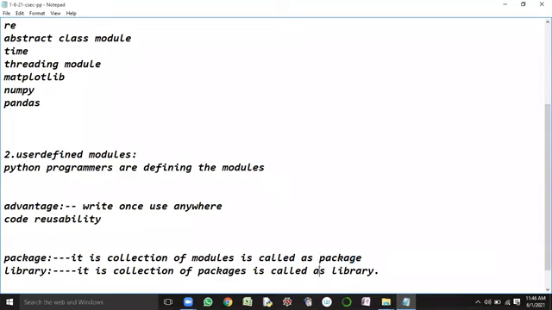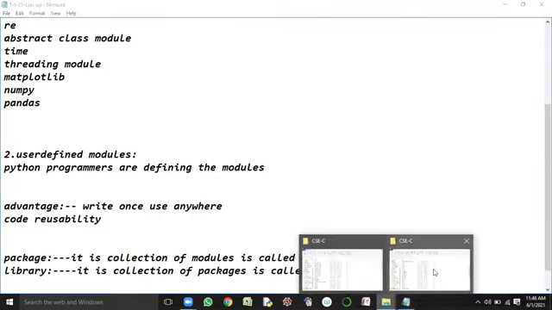A collection of multiple packages will form a library. Are these terms clear to you? Yes, sir. Every Python file is a module. So what kind of Python files does the working folder have?